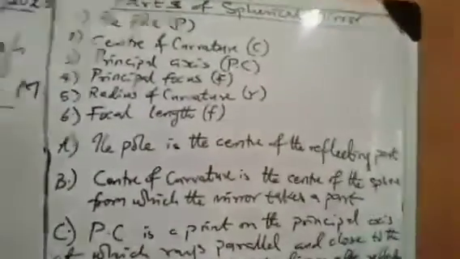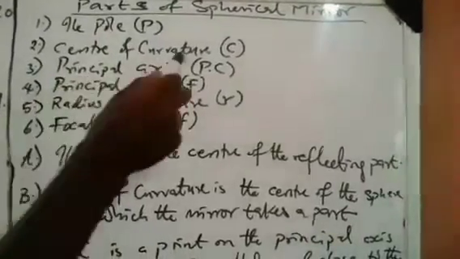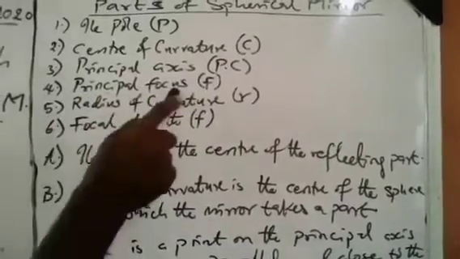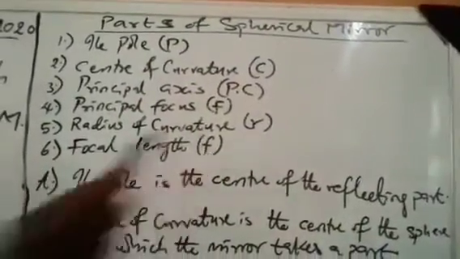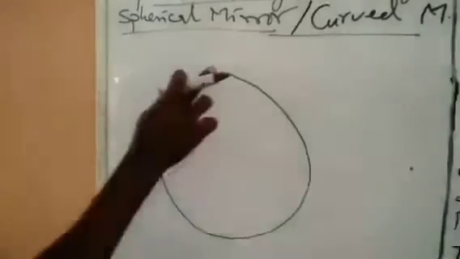We have the pole, the center of curvature, the principal axis, the principal focus, the radius of curvature, and finally the focal length. Now, if I have this as my full sphere, I'm going to shade